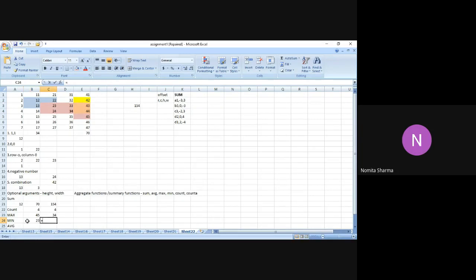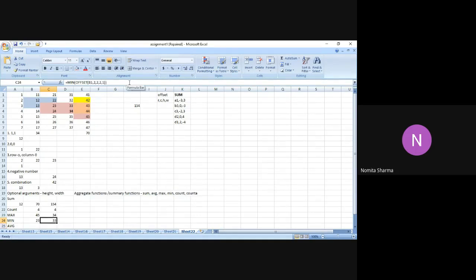Let me give one more example. क्योंकि ये इम्पॉर्टेंट है, we are doing it in a bit of detail, और एक इसमें और टॉपिक है जो I won't be doing today. I will be doing it in the other class. So let me take B1 now. So I say, yes, we do have. So let's take 2 comma 2 and then let's take 1 comma 1. Oh, it's still not complete. I have to actually define the range. So I say this time minimum bracket and then I close the bracket and I get 33 as the answer.